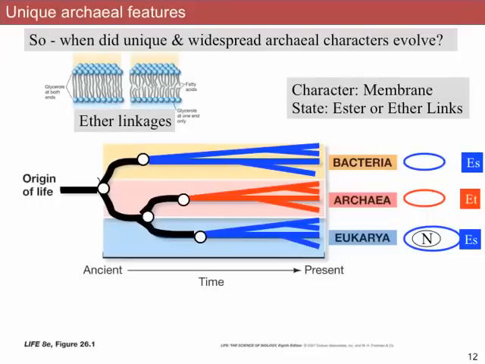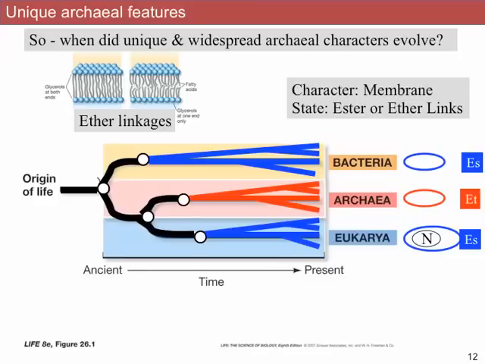One example of this I already mentioned briefly, which is the type of chemical bond inside their molecules that make up the membrane. Archaea have these ether linkages, bacteria and eukarya have ester linkages. So we're going to treat membrane chemical structure as our character,